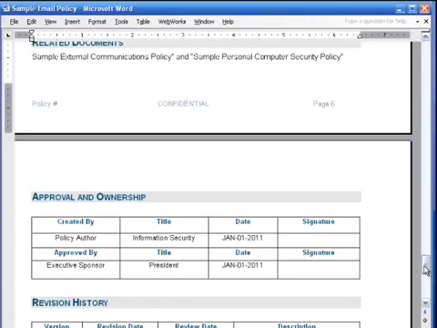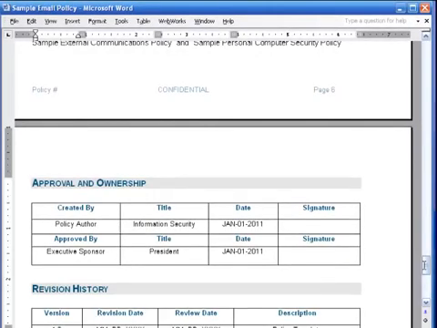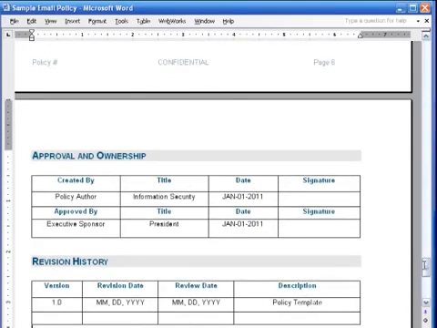Key to maintaining effective written policies is a record of which policy documents are in effect during a given time period. This sample footer provides an easy way to maintain an audit trail of updates to your written policies. In our example, you would simply replace the date with the current date and fill in the name of your policy author and executive sponsor. The final section enables you to maintain a complete revision history, which is recommended practice to comply with data protection laws. In this case, we will replace our policy author, David Linneman, executive sponsor,